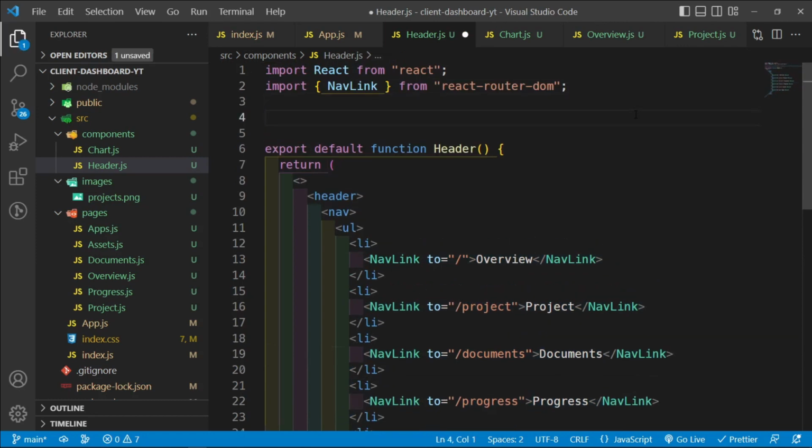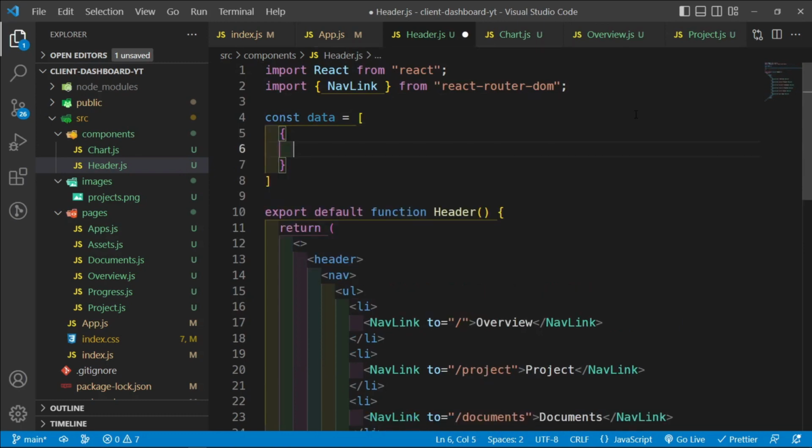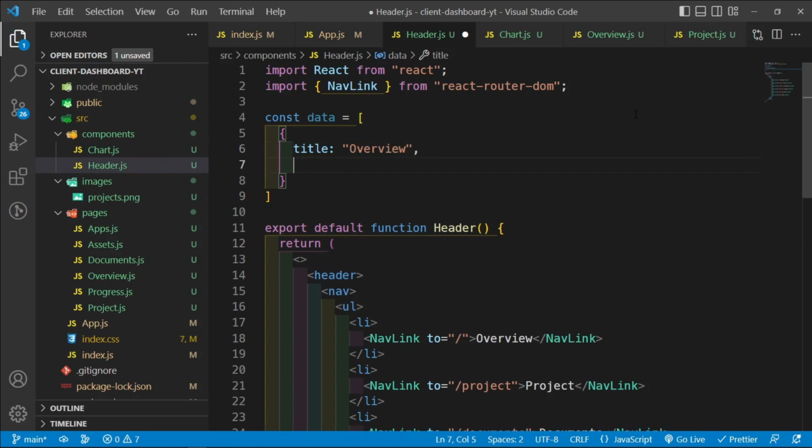But let me just go ahead and try it. So I'm going to create an array of objects. I'm going to say const data is equal to, and the title for this one is going to be overview, and then the link is going to be going into /, and then just copy this 6 more times. So let me just say shift alt and down, so 1 2 3